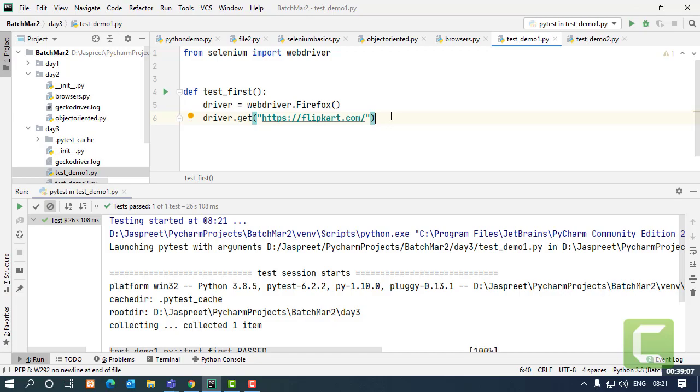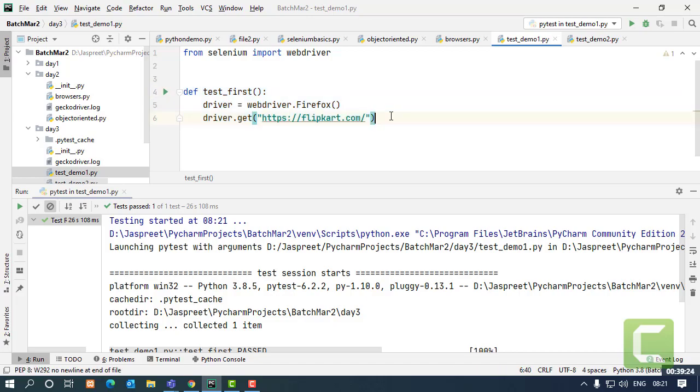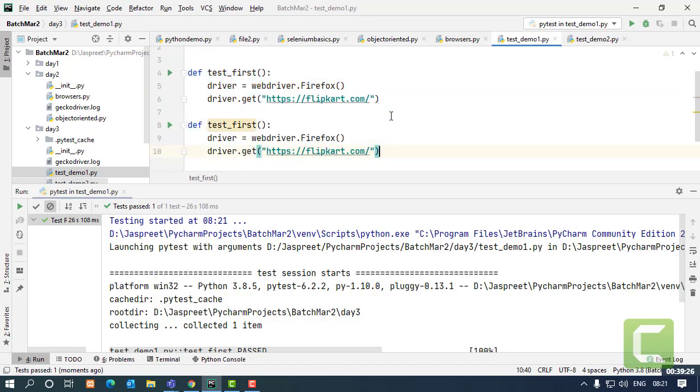Now I can make multiple test cases in a single file. I can make multiple files having multiple test cases. Whatever you want, you can just do that in the file. If you want to make a class, you can make the class as well. Again, I'm going to make a few test cases. For multiple test cases, I'm showing this to you.